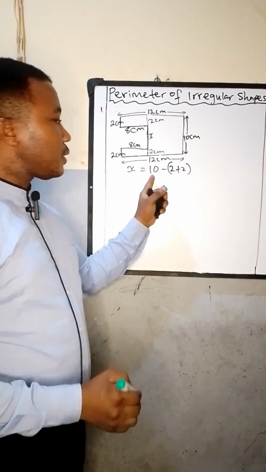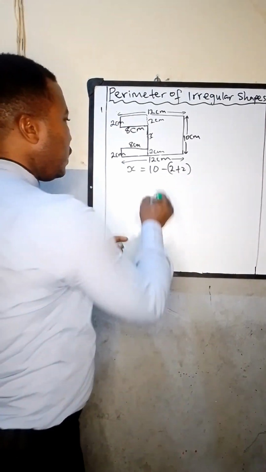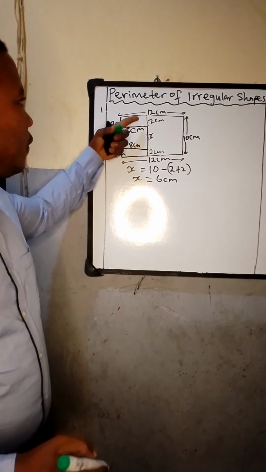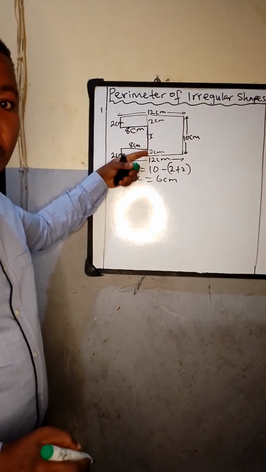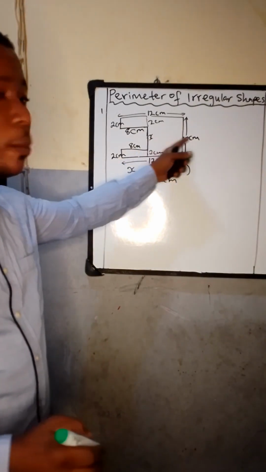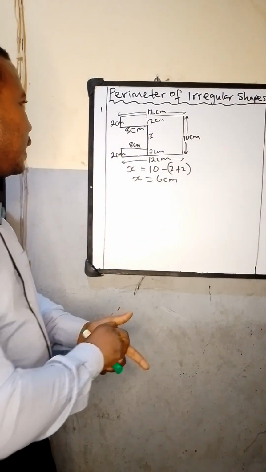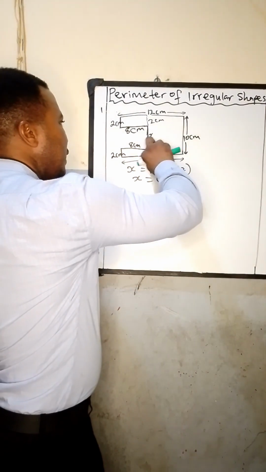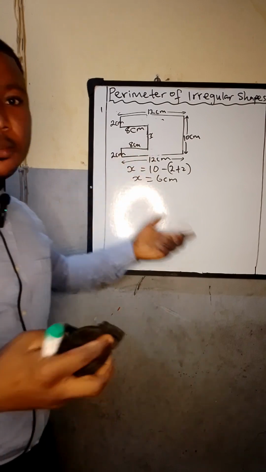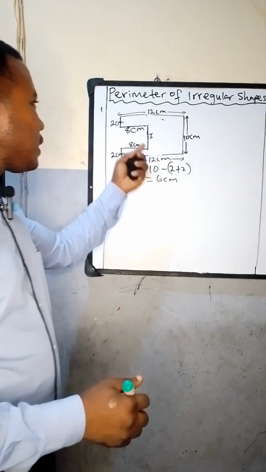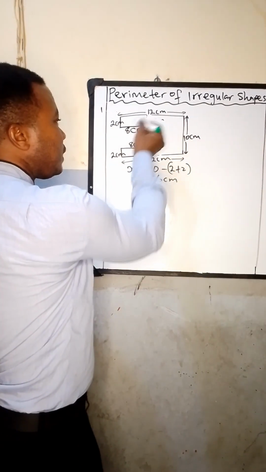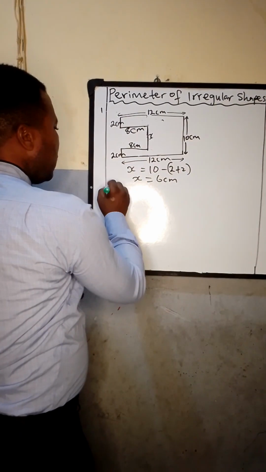10 minus 2 plus 2, and 2 plus 2 is 4. 10 minus 4 is giving us what? So x is equal to 6 centimeter. You can see also, 2 plus 6 plus 2, we still have our 10 centimeter, which is the same thing as the opposite length. So our x is giving us 6 centimeters. So this missing length is 6 centimeter. That makes our work easier. Now you can see we have gotten all the missing lengths. So therefore the perimeter